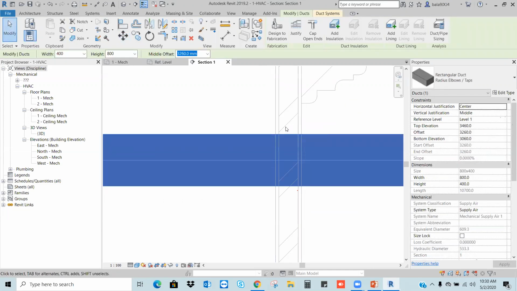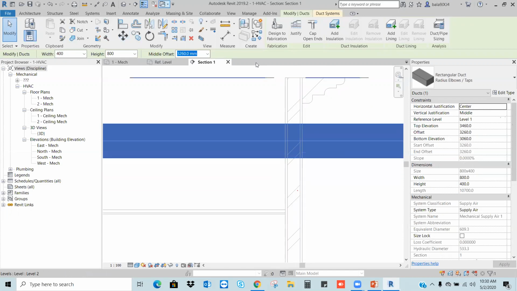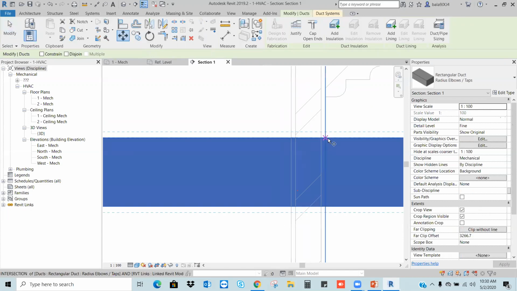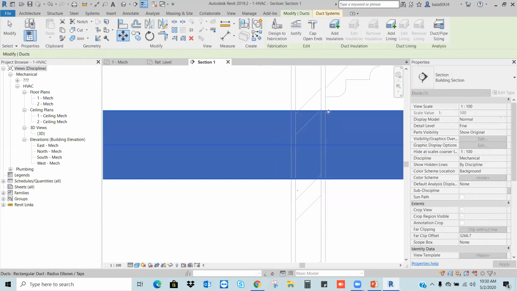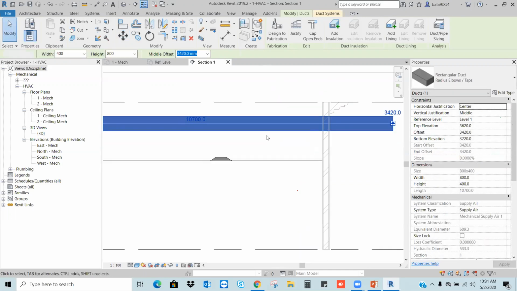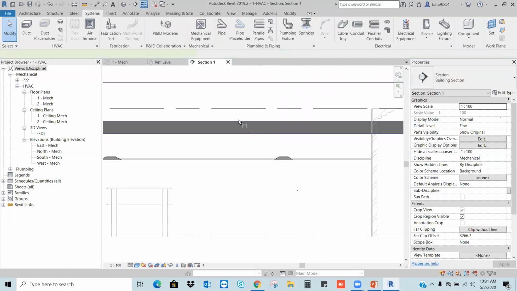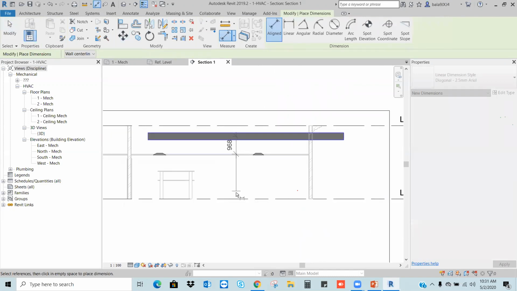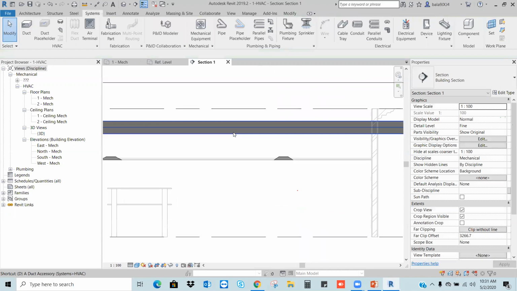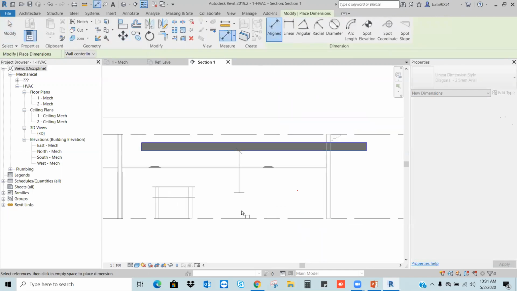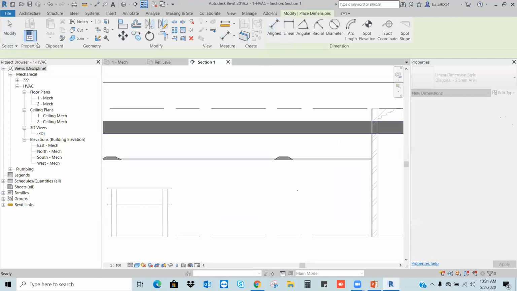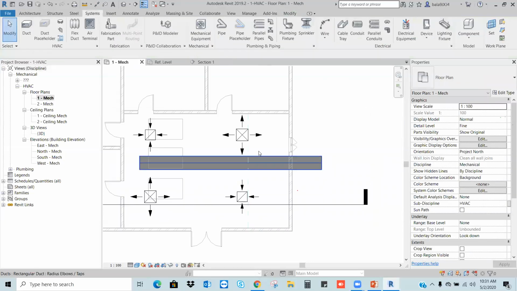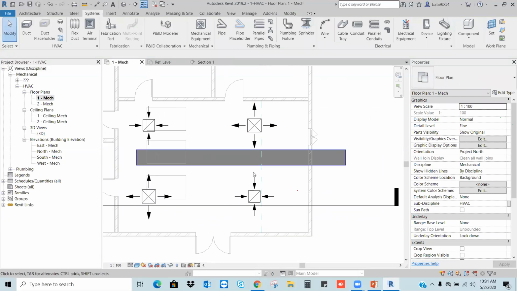Okay, here my elevation is there. I don't want to disturb my elevation. Okay, I can check what is the possible height. Now check it. What is the height of the duct? If you see, the center of the duct to the ceiling has a 968 mm gap, and from the bottom of the duct to the floor has 3200. Now what I do, I will go to the floor plan again. I will connect my duct to this supply duct.